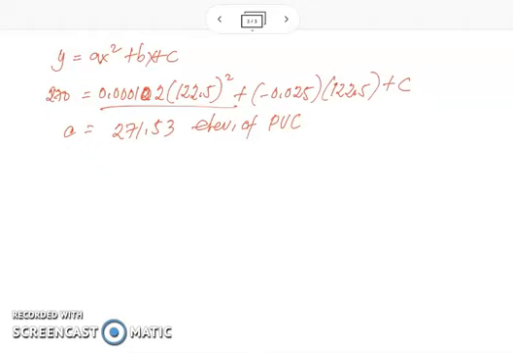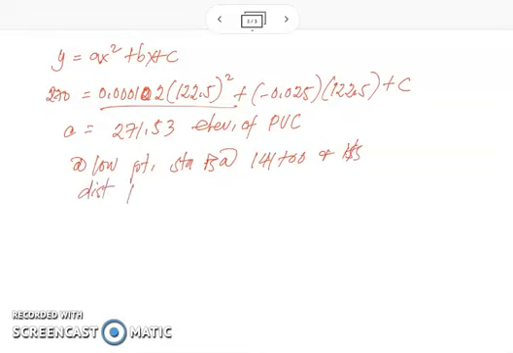So the station at the low point is at 141 plus 00, and its distance from PVC is 122.5 feet. So therefore, to have the station of PVC, this will be equivalent to 141